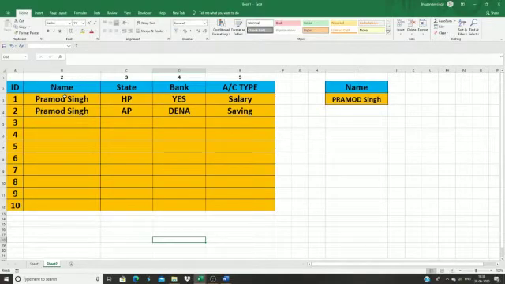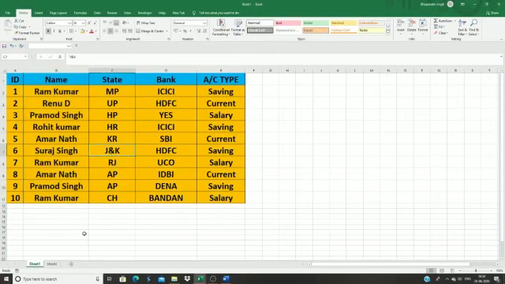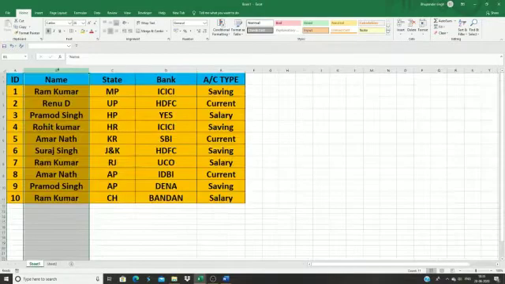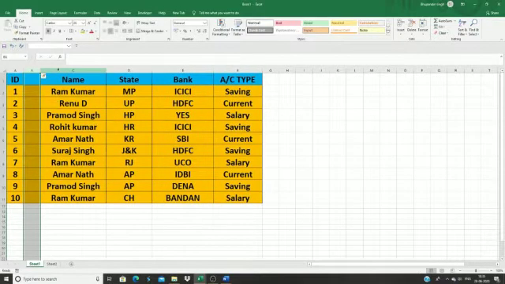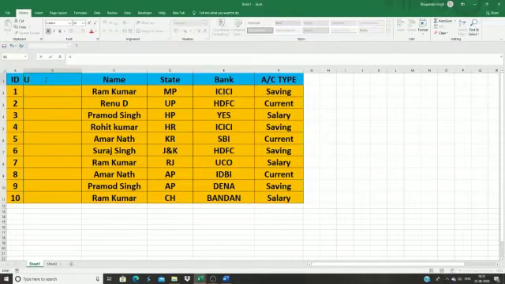Guys, let's delete this so that we can start from the beginning. So now we have the raw data, guys. As I told you earlier, we have multiple lookup values and we want the answer for all lookup values in this project area. First, what we need to do is simply add one blank column, because here we are going to create a unique ID. So guys, as we all know, VLOOKUP only handles the first value.